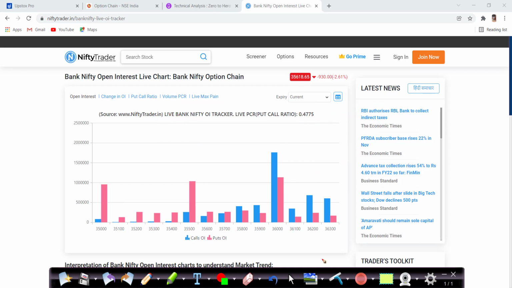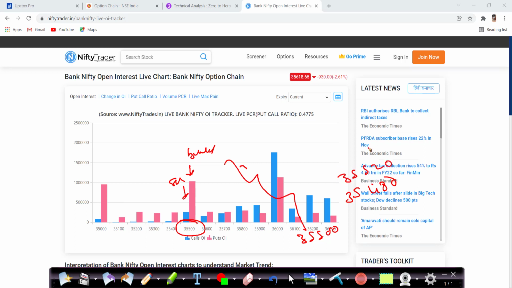If you have not understood, let me know in the comment section. Also, if you see here, these are the buyers and these are the sellers. That means if the market starts falling, it will take support at the 35,500 level. It will vary, like it may take support at 35,480 or 35,520. This 20-point buffer is always there, but it will take support here because of this open interest data. But in the live market, you need to always refresh this page.